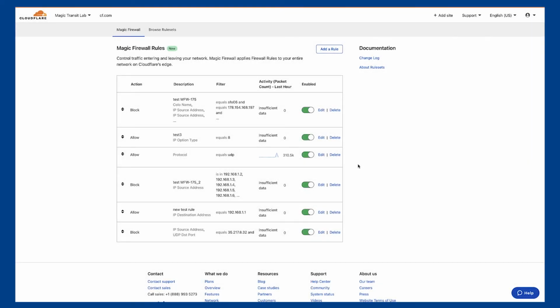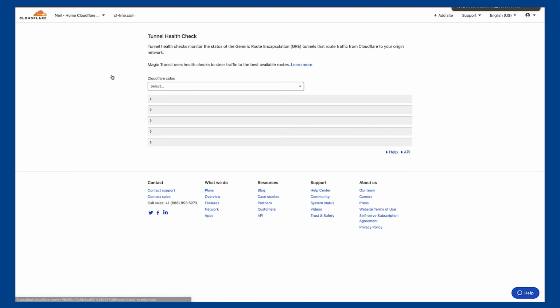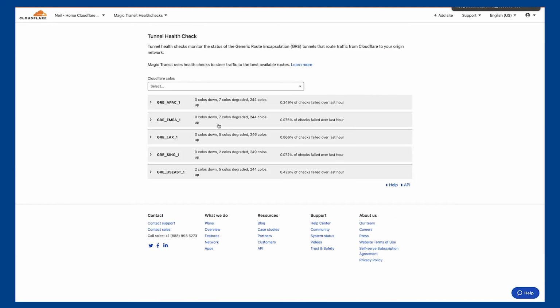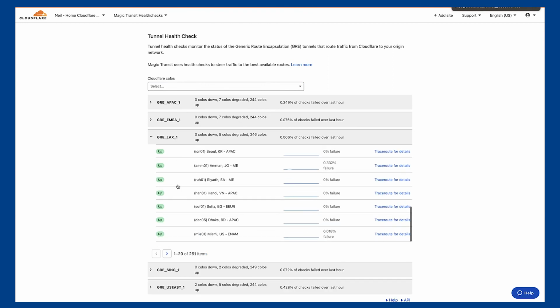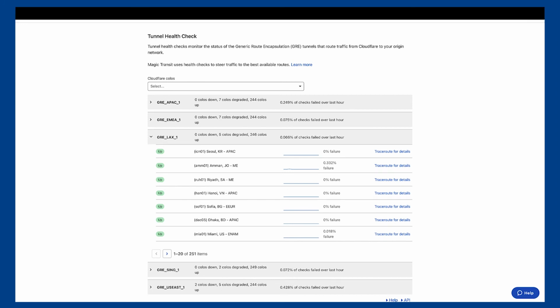Now that we have protected your network, we need to ensure that the legitimate traffic is able to reach our data centers. This is done through GRE tunnels from your data centers to the Cloudflare edge. In the Tunnel Health dashboard, you can see all of our data centers and the health of the established tunnels. Cloudflare's network can act as a hub for all your traffic from the internet and between branches and data centers. To learn more about how this works, join us for the WAN as a Service session later this week.